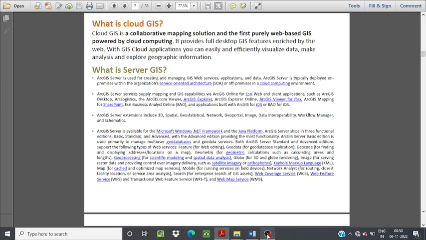ArcGIS mapping, and server extensions include 3D spatial analysis tools, geostatistical tools, network analysis, geoportal, image, data interoperability, workflow manager, and schematics. And ArcGIS Server is available for the Microsoft .NET framework and also on the Java platform. ArcGIS Server ships three